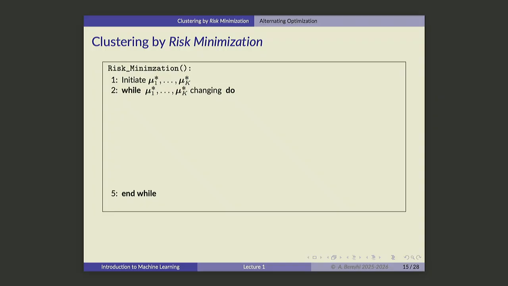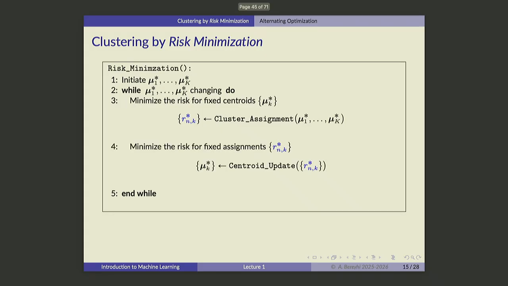If I write that down again, this means that when I fix mu, then I'm just going to optimize R. It means that I'm going to use cluster assignment, right? Because cluster assignment is optimizing the assignment coefficients. And as we saw, the next optimization is going to be solved by the centroid update algorithm we had last session, right? So this means that this risk minimization is nothing but,